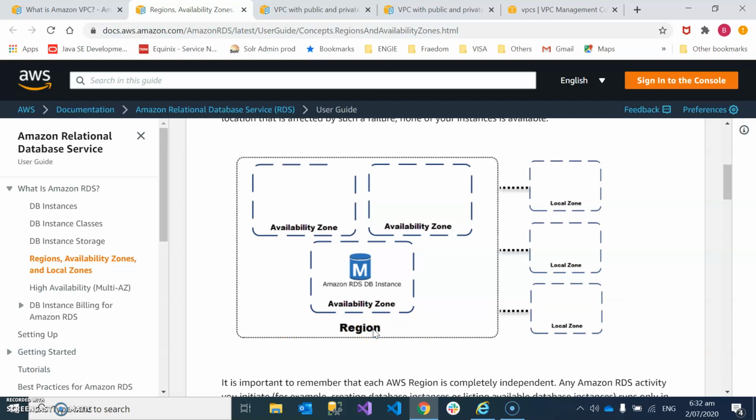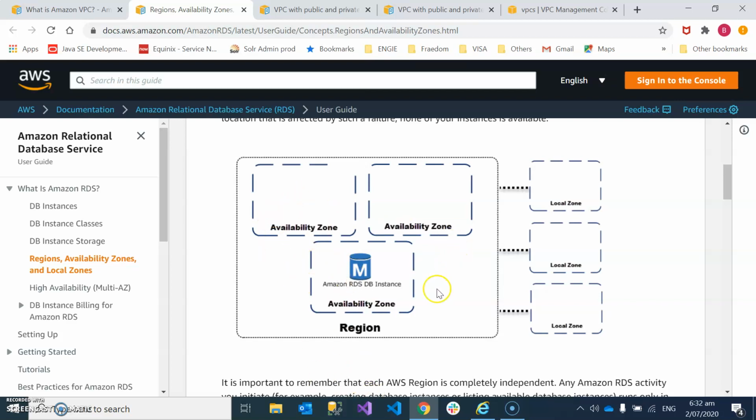A region could be like a country or a particular physical location. Within that region you have three availability zones. It depends, they could have one, two or three availability zones, depending on how AWS has set it up.